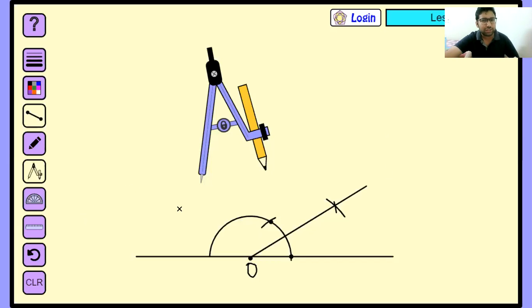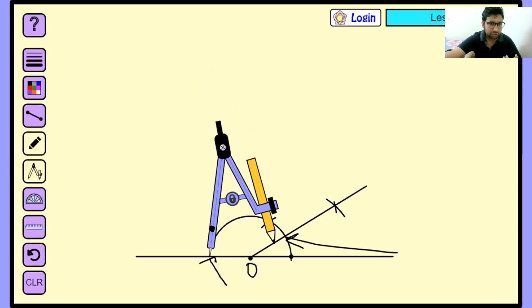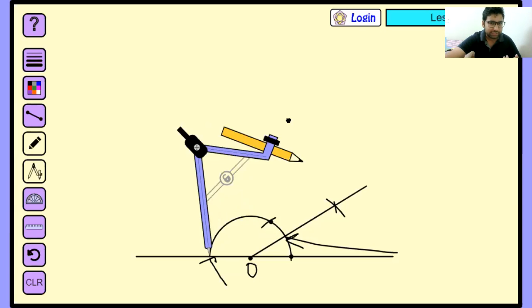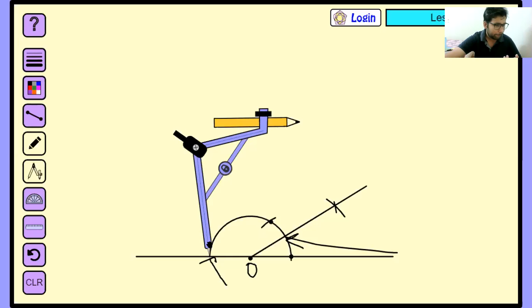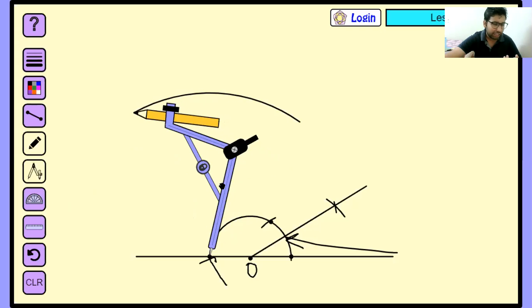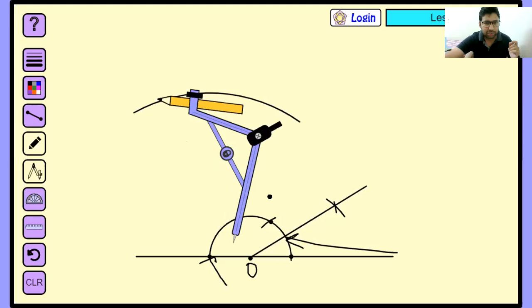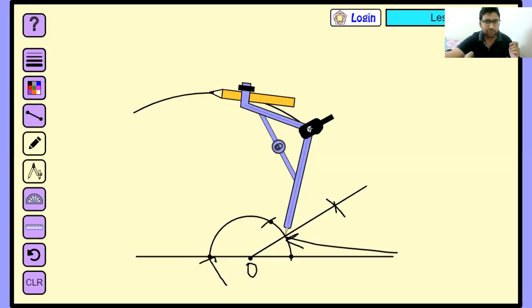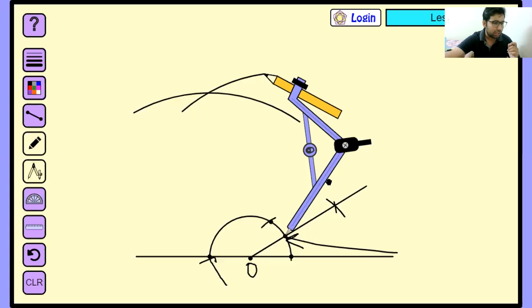Now it's very easy for us, class. We already have the 30 degree angle and the 180 degree angle. This is the 30 degree angle and this is the 180 degree angle. What we need to do now is just bisect it. Are you able to understand this? So first arc keeping at 180 degree, second arc keeping at 30 degree. We have got the answer.